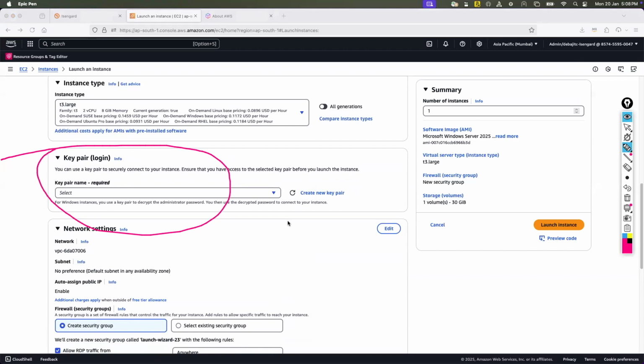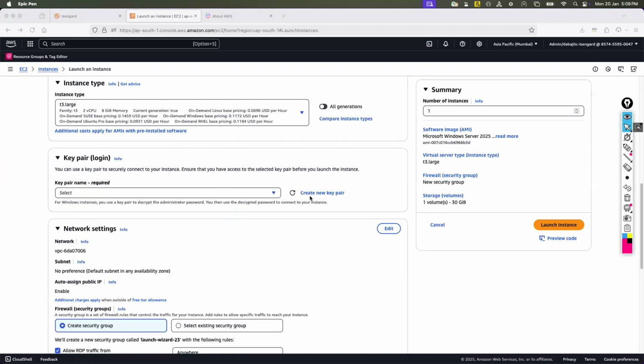So maybe you are thinking, tell me, Debojit, what is the key pair? Correct. A key pair is a kind of certificate you have to create, because AWS is very, very secure. So without a certificate, you cannot log into the server. Without a key pair, you cannot log into the server. As simple as that, plain English. I'll show you how to generate the password though.